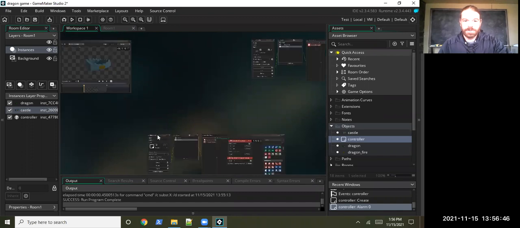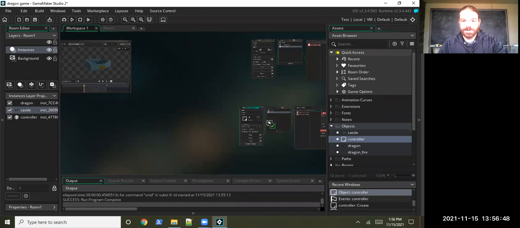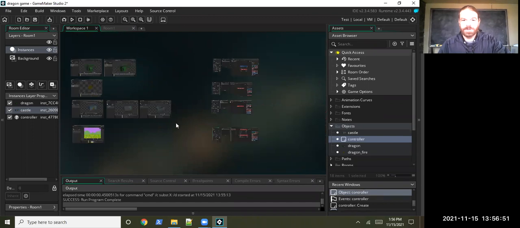And while I'm here, while I'm zoomed out, I'll drag this over. Personally, the organization I like here is I usually line control objects up with the background. That's just the way my mind categorizes them. You might feel a little bit different, but organization definitely goes a long way because